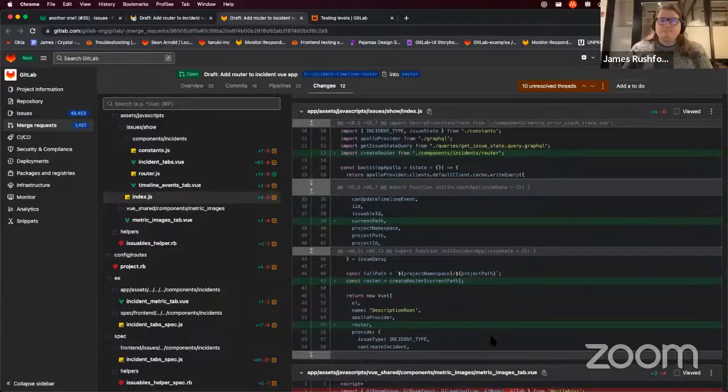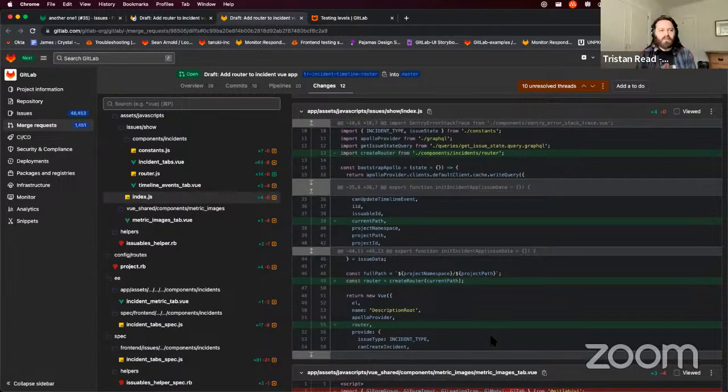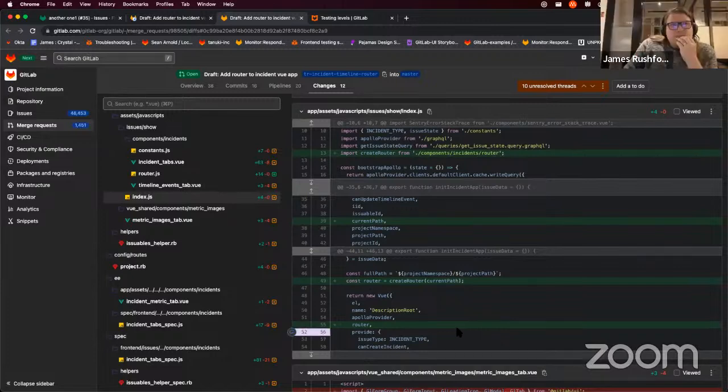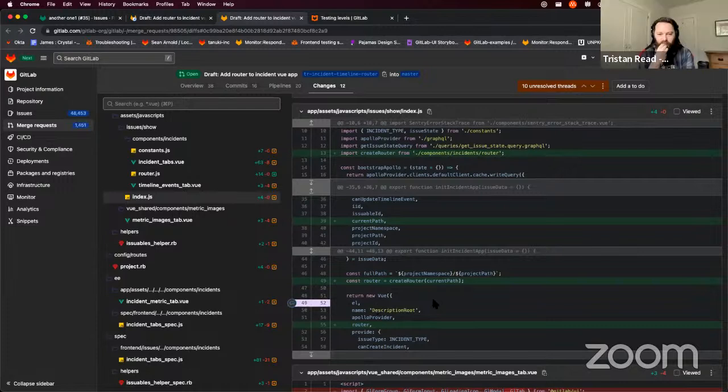Okay. So you do the smallest possible change that still provides something new to the user or something useful. Yeah, so we could do that, but it